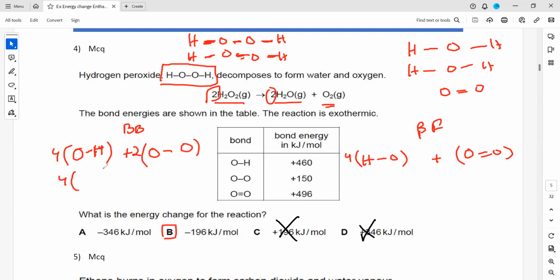When you solve, you should get B as the right answer. So 4 into 460 plus 2 into 150, that will give the bond breaking. 4 into HO or OH is 460, and oxygen double bond 496. So when you simplify bond breaking and bond forming, you will get B as the right answer for this. So first find the bond breaking energy, then the bond forming, and then energy change is bond breaking minus bond forming. If any other substance is there